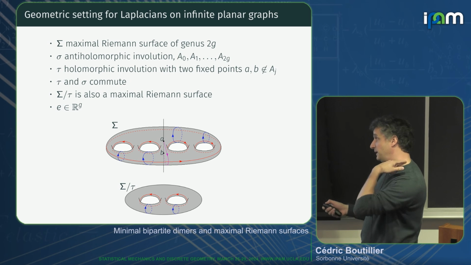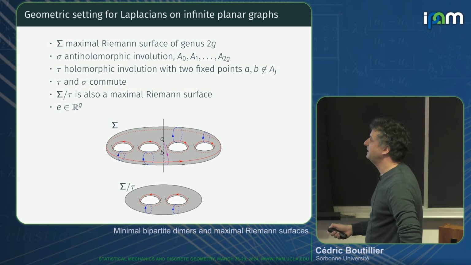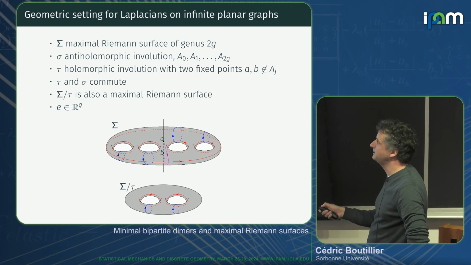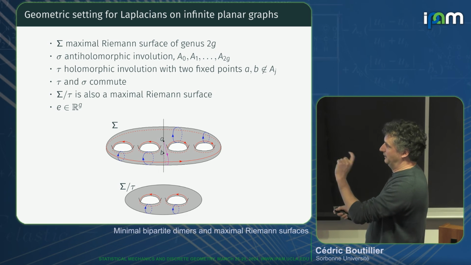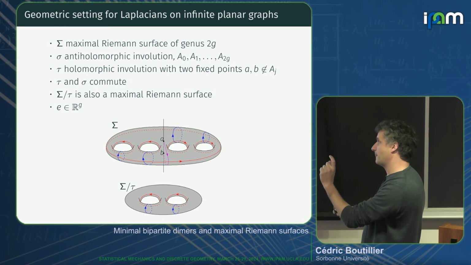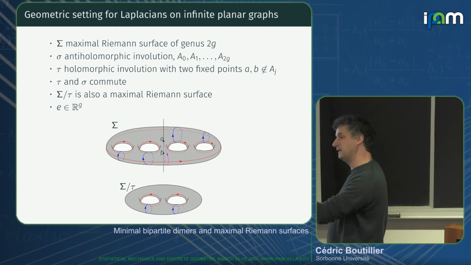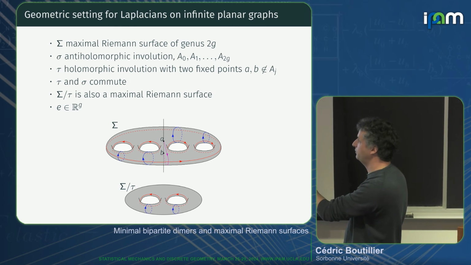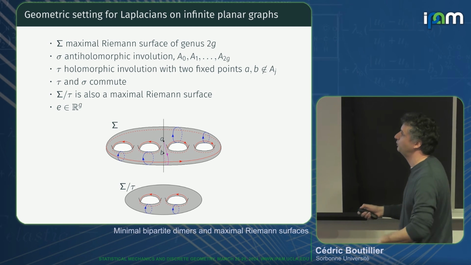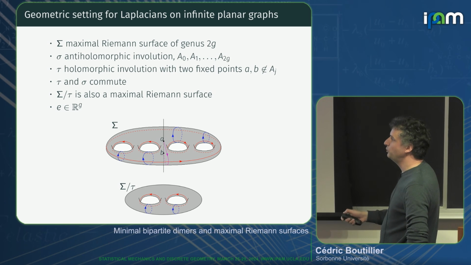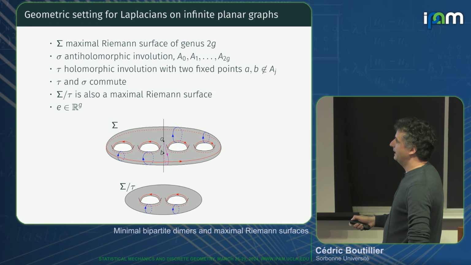So what would be the geometric setting in this case? You get a maximal surface of even genus. You still have this anti-holomorphic involution, but now we have this new holomorphic involution tau, which in the case of algebraic curves is this inversion of z and w to 1 over z, 1 over w. So you want these two involutions to commute,